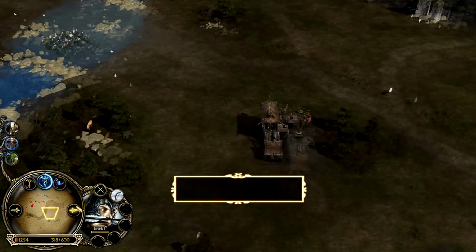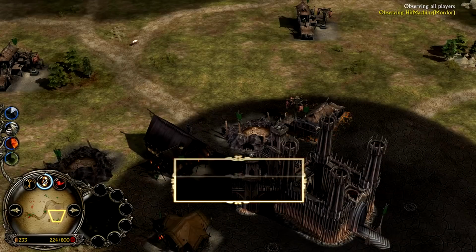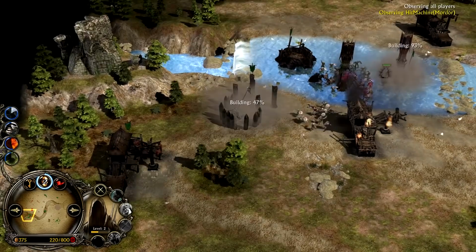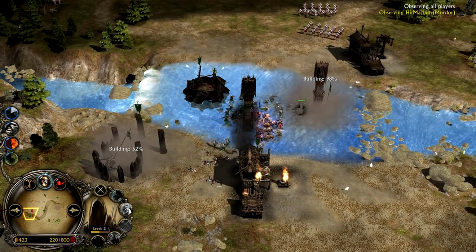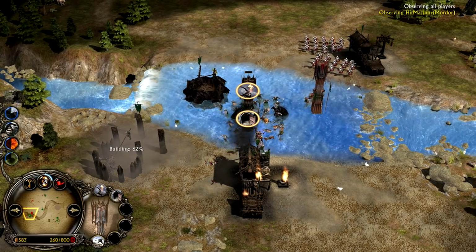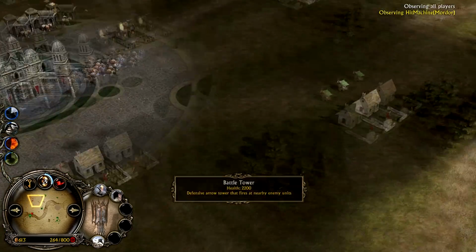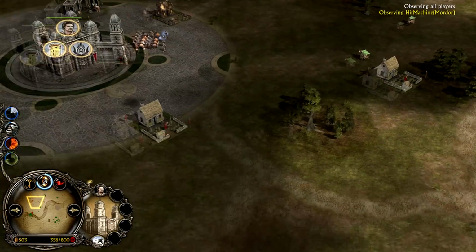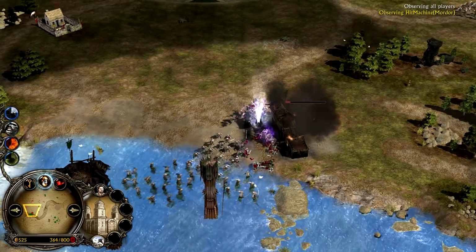Also, I see Sauron is out of position. And we got barricade actually for the Mordor player at the moment. Double Nazguls for some reason. And the battle tower may go down also. So it's still tough for the man player to attack the opponent and deal some damage. As we can see, he's not able to do it. But